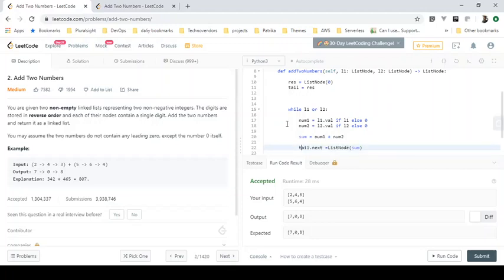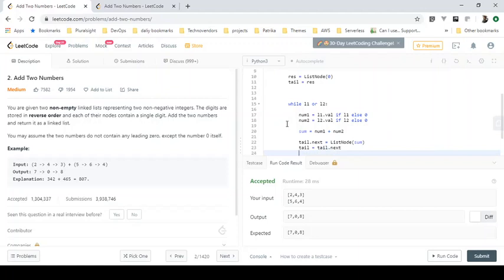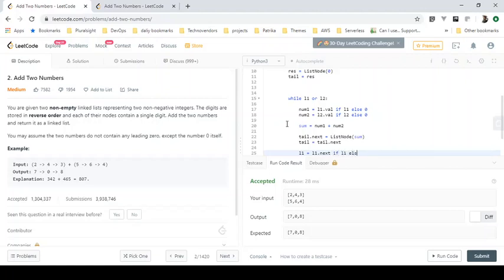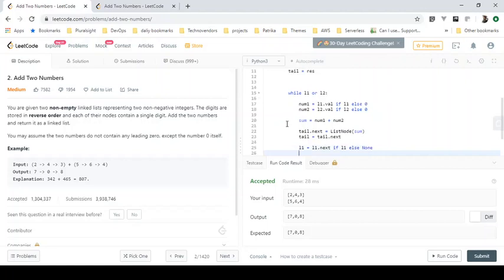And we will move tail to the next pointer. Now we'll move the input lists to the next pointer too. So L1 becomes L1.next if L1 is not None, else None. Same thing we will do with L2: L2.next if L2, else None.